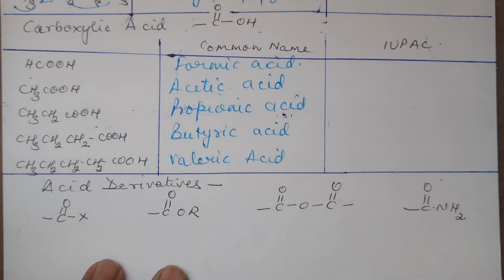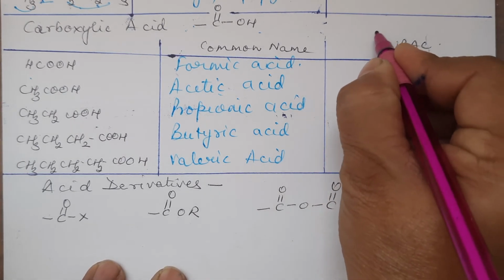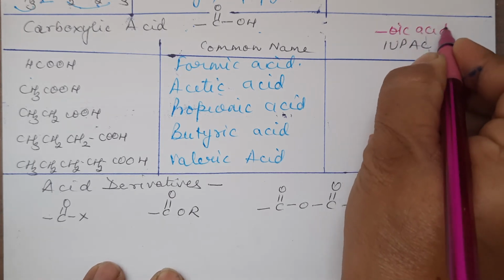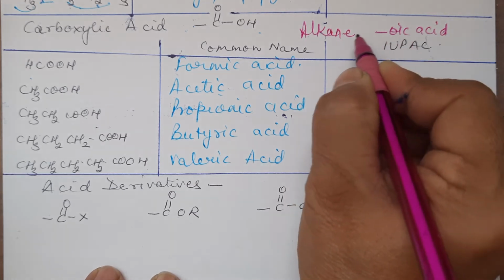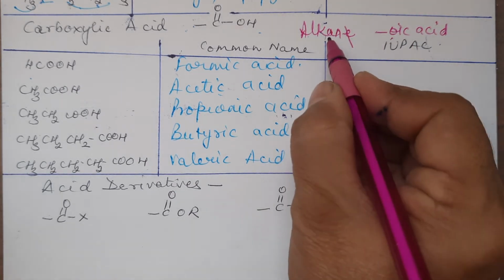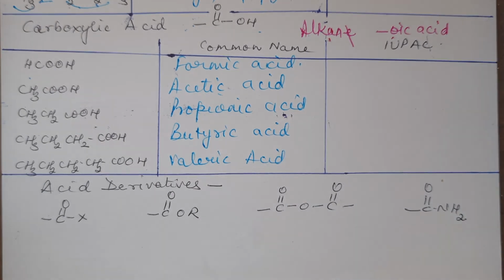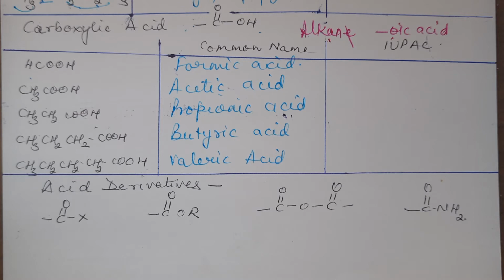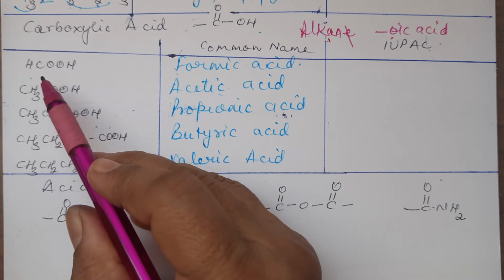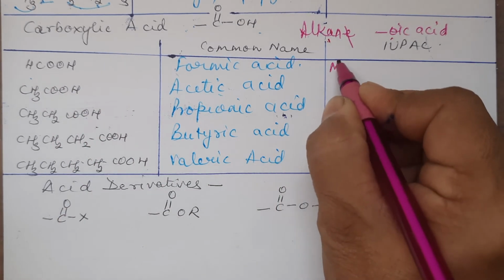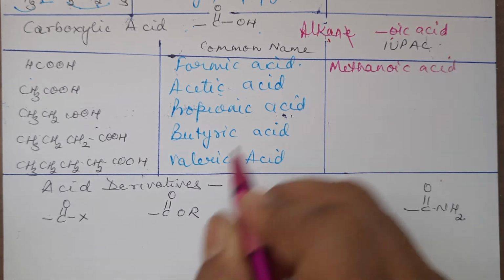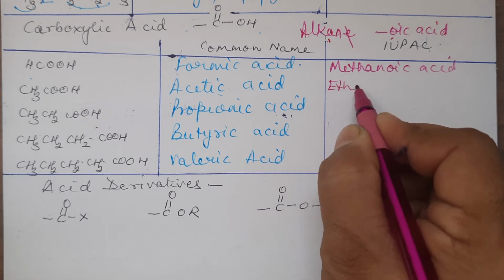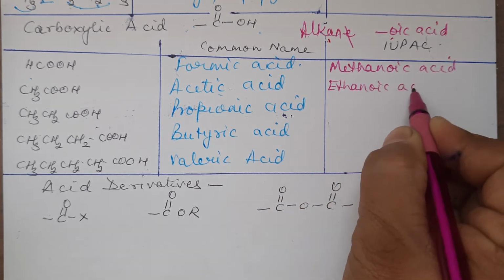Now, IUPAC names, when we are giving, they have to be named with the suffix oic acid. Oic acid will be added. You have the word root alk, you have single bond ane, oic acid, E will be deleted, it is beginning with the vowel. This will change to ene and yne depending upon the double or the triple bond if they are present in the compound. Okay, now we are going to count the carbon atoms and write down the carbon atom of the functional group also to be counted like aldehydes. So with 1 carbon atom, it is meth, single bond ane, oic acid, methanoic acid. This one with 2 carbon atoms, eth, single bond ane, oic acid, ethanoic acid.